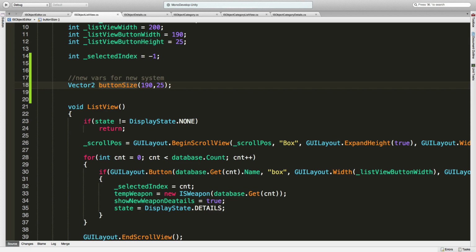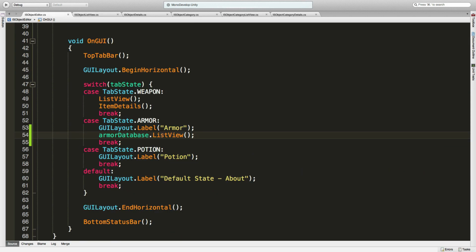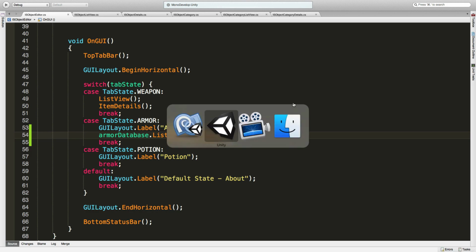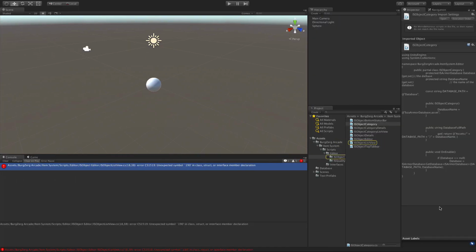We'll save that off. I'm going to copy the button size. We'll come back into here, and I'll just paste that in. Everything looks good. Make sure everything is saved just in case we blow up. We'll come back into Unity. We have an error,